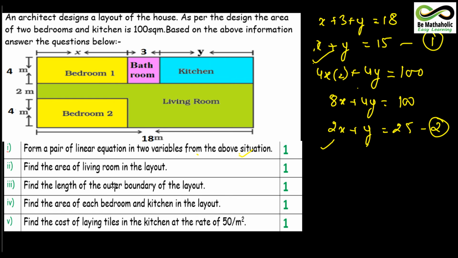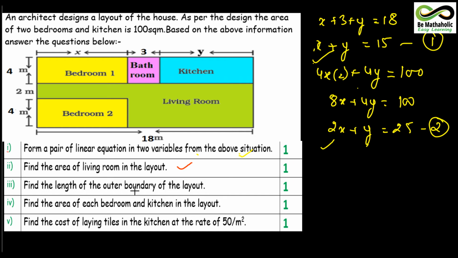Then you will have the second question, find the area of the living room in the layout. Now how will we find the area of the living room? The living room given here comprises the entire green part. You can see here, so draw an imaginary line over here. Once you get the value of x, L into B will give you the area of this rectangular part. Then join, and this will be the entire length. This length is 6 units, 4 plus 2 is 6, and the entire y is derived out, y plus 3 will be the length. So add on the total area of the entire living room, you will have the answer here.